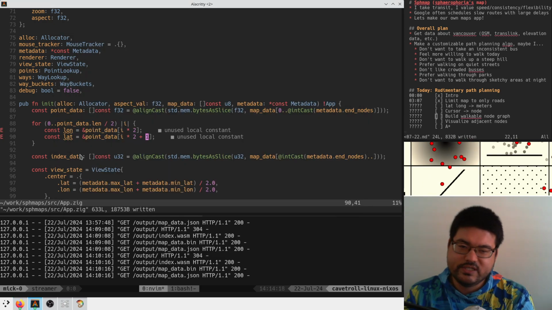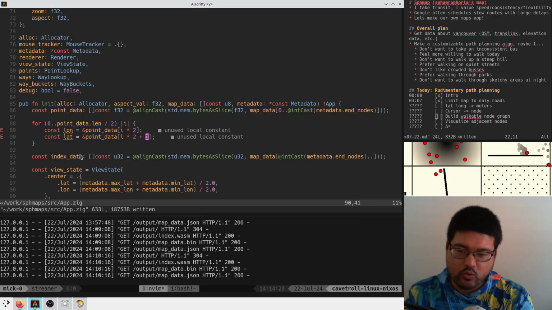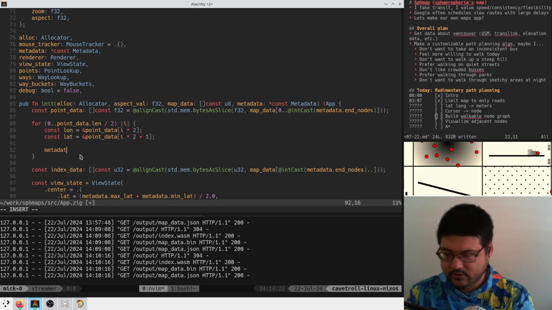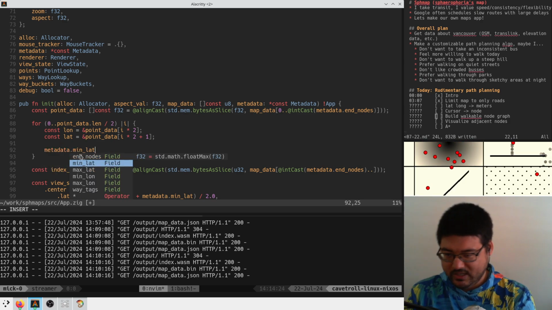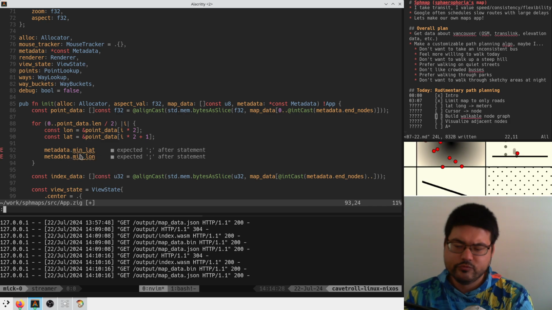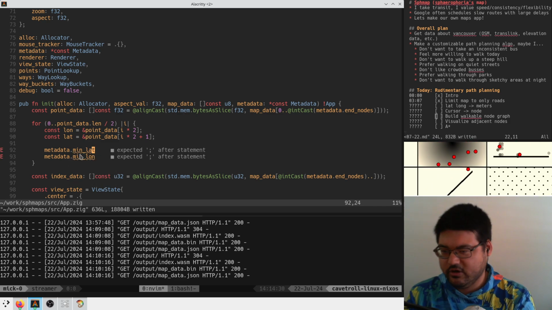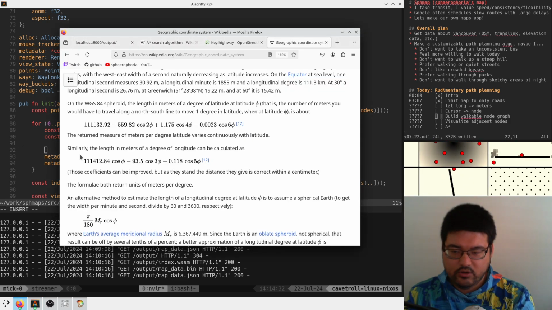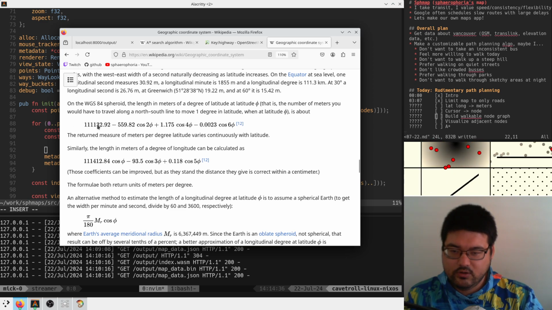And we're going to set everything maybe just relative to the top left corner. So we have the min lat and the min lon. We'll just set these to 0. So, okay, so this is